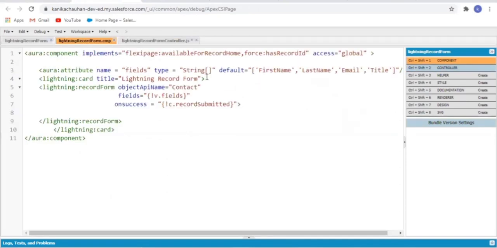In this component, as you can see, only one tag, that is lightning record form, and one Aura attribute are used and nothing else. If you remember in our previous video, on lightning record view form and lightning record edit form, we used input and output fields for edit and read only views, but in this case we didn't use anything. Here we have the mode to specify the different type of view we want for our component, and the Aura attribute we define for the fields which we want on our component.